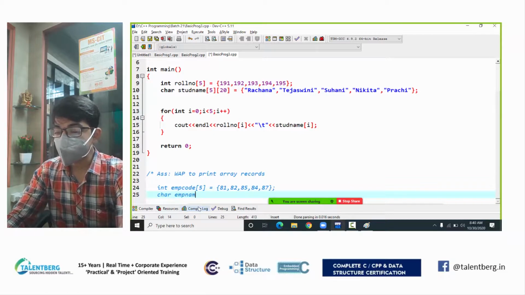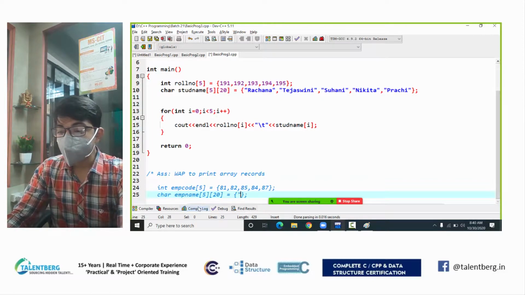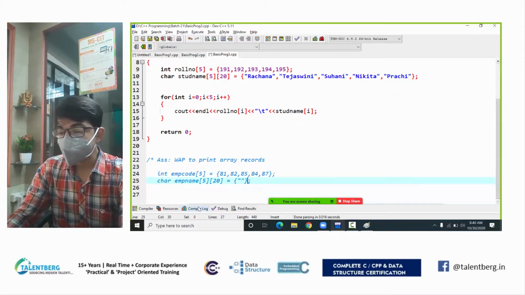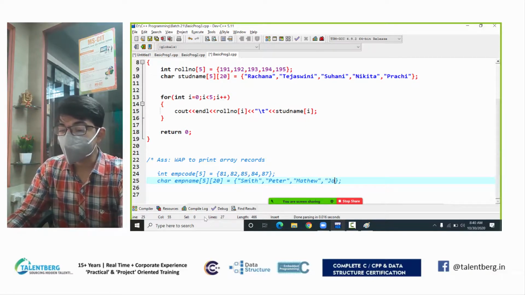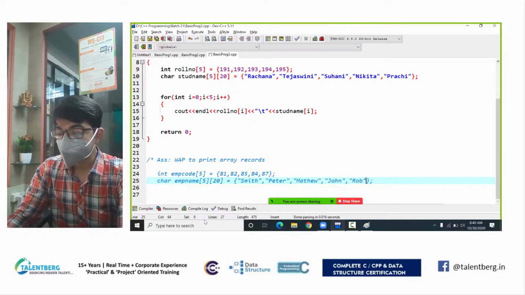I also give you employee name as well. 5 records they are, and maybe max 20 characters in each employee name. And here I type some records. So employee names are Smith, Peter, then Matthew, then John, and then Rob. So they are 5 employees.